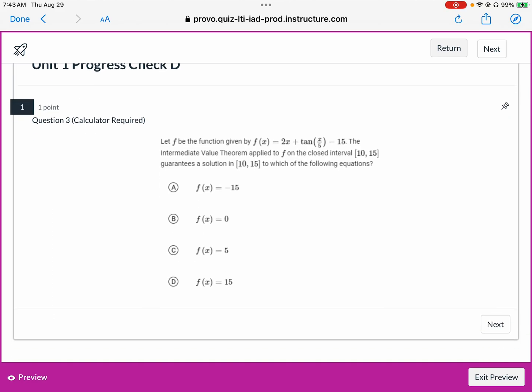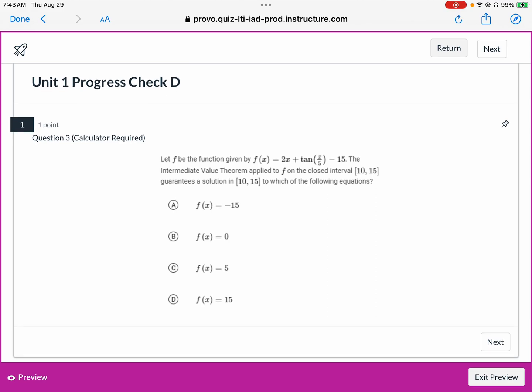Okay, but starting off here, we have a calculator question. We're given a function, and we're told to use the intermediate value theorem on the interval from 10 to 15. The intermediate value theorem says that if we are continuous on an interval, so meaning x interval, from x equals 10 to x equals 15, then we're guaranteed every output, every y value between f of 10 and